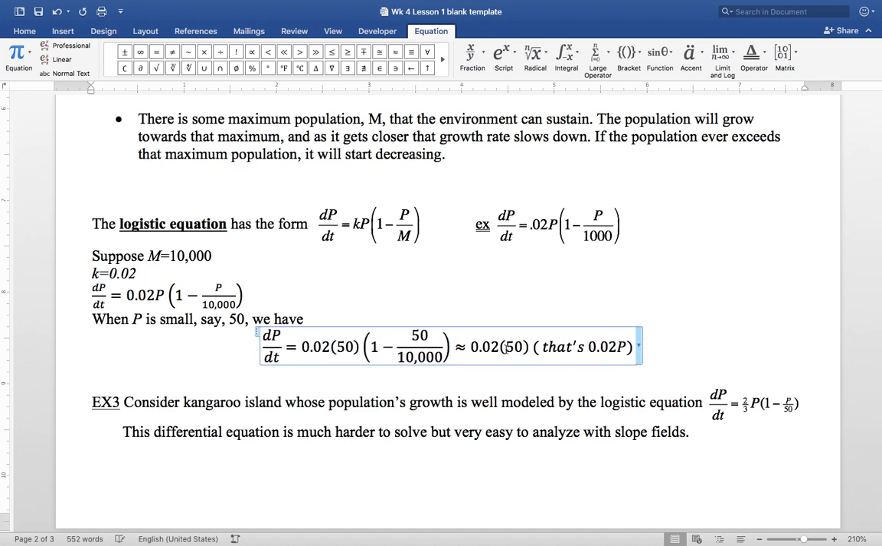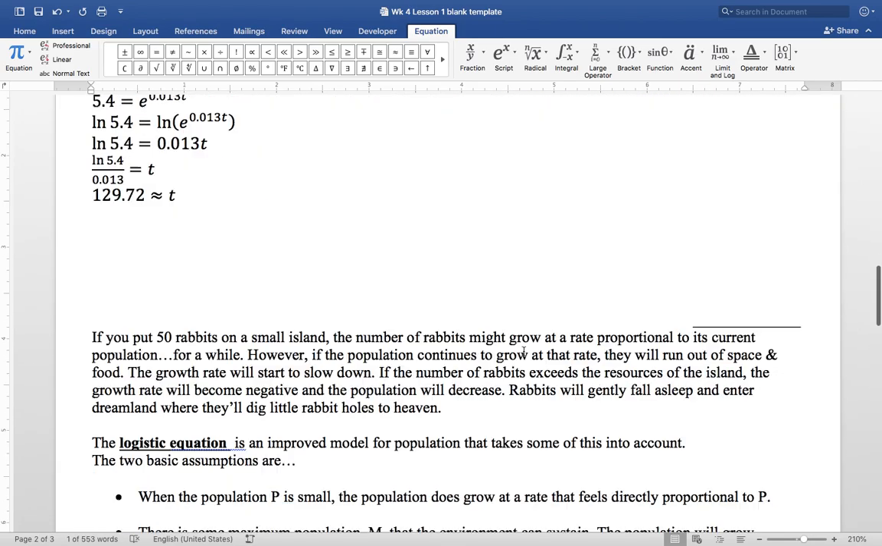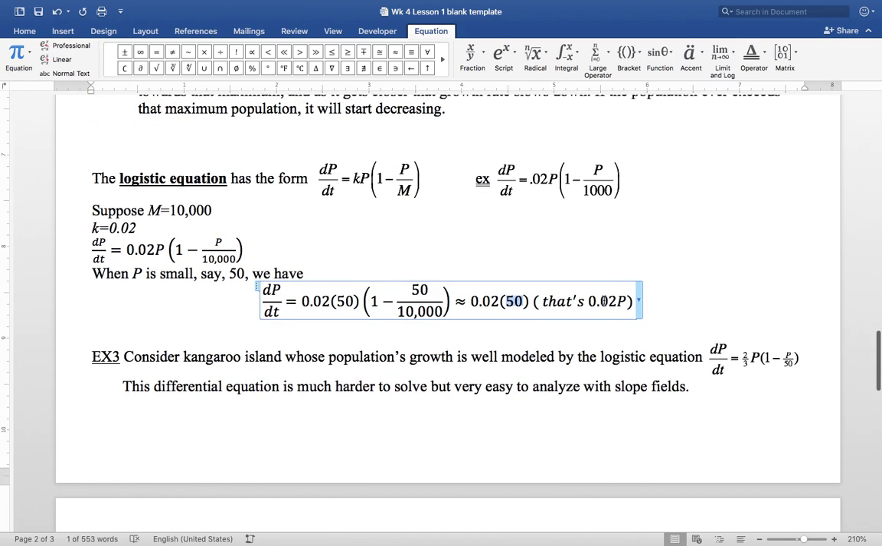What that's telling you is that when the population is small, the growth rate is roughly proportional to the current population, right? That's like in the early examples that we did today. On the other hand,